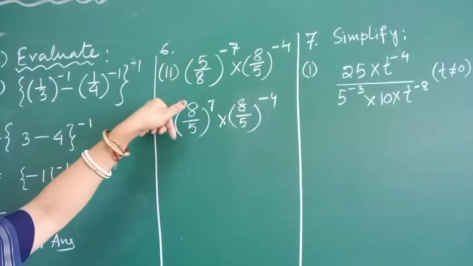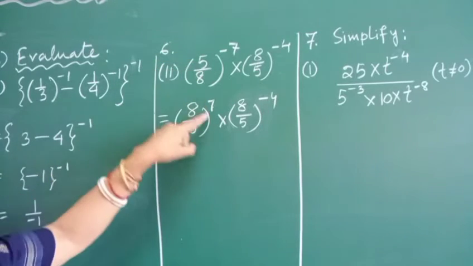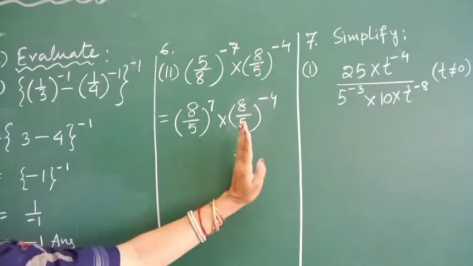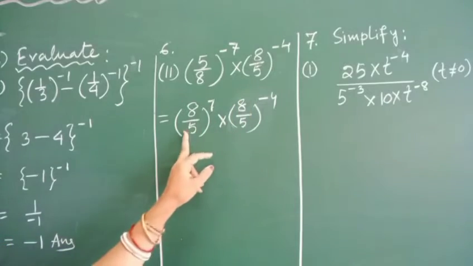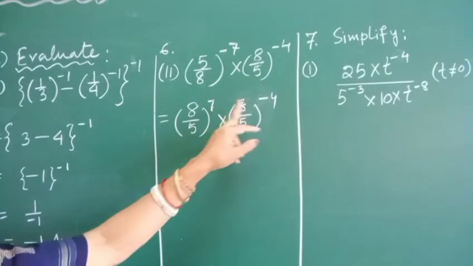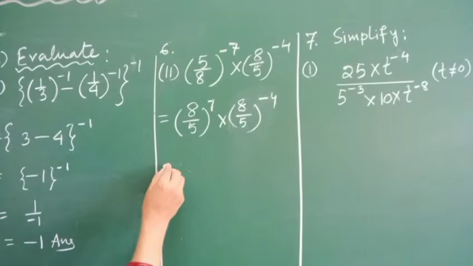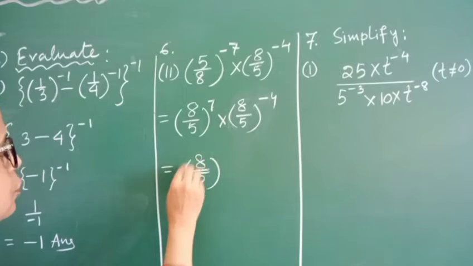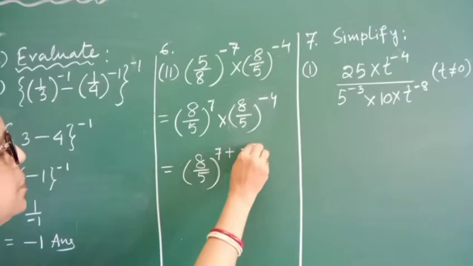If I change one portion, that means the first part, then it will become 8 by 5 whole to the power positive 7, into, this is already 8 by 5, so I am not changing it. 8 by 5 whole to the power minus 4. Now as the bases are same, powers are different, and there is a multiplication sign, we need to add them. Therefore what you will do, 8 by 5, our base, whole to the power 7 plus minus 4,